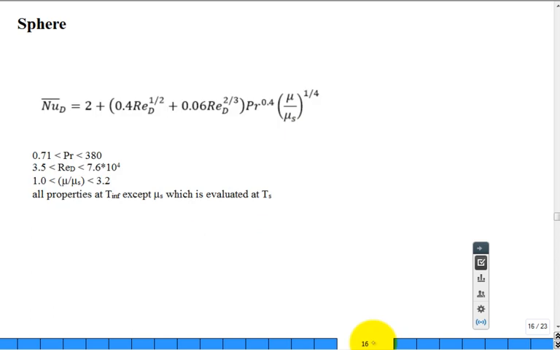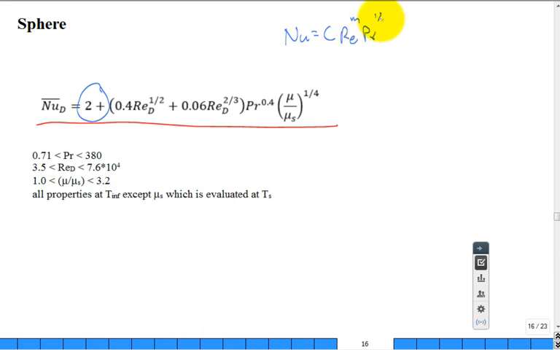All right. How about the sphere? What did we say? Plate, cylinder, and the last of it, the sphere. Well, here it is. Take a look at this correlation. Now they're getting a little more complex, aren't they? First of all, this is the first time you see a constant plus something. If you took the other correlations and said the Nusselt is equal to a constant, Reynolds to the m, Prandtl to the 1/3, and you decided to plot it on a Reynolds-Nusselt plot, Nusselt on the y-axis, Reynolds on the x,